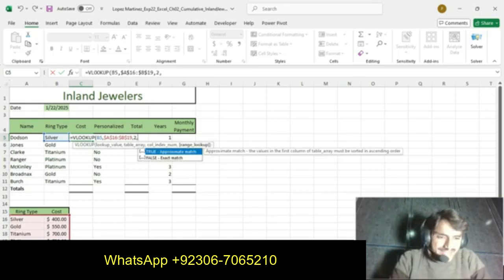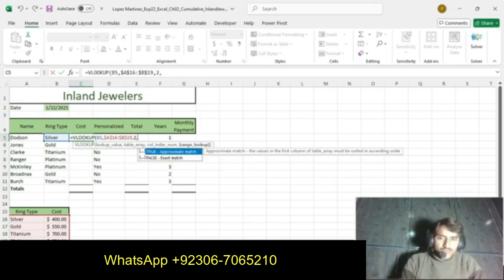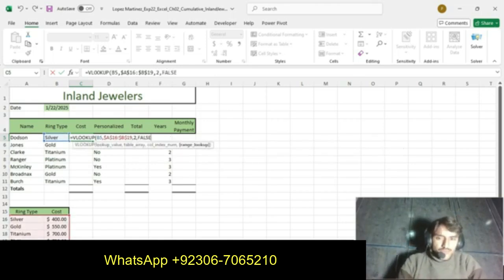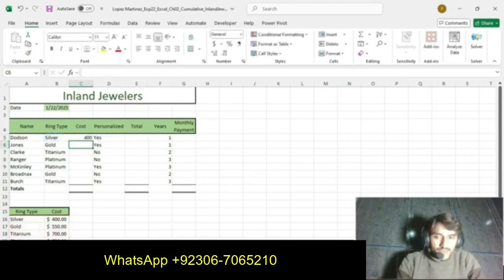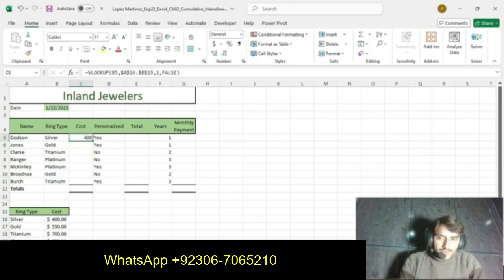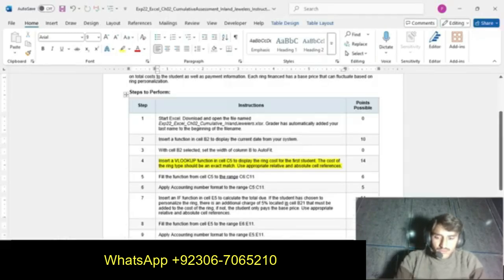Then it says exact match, so we select exact match. Now we press enter and we get our result. This is our VLOOKUP function. Now our step number 4 is completed.